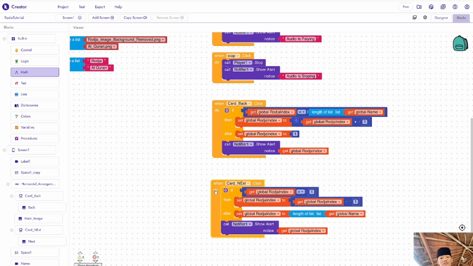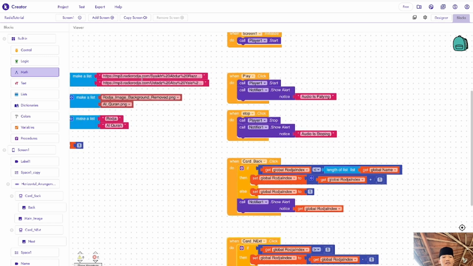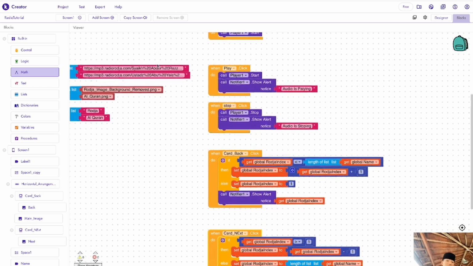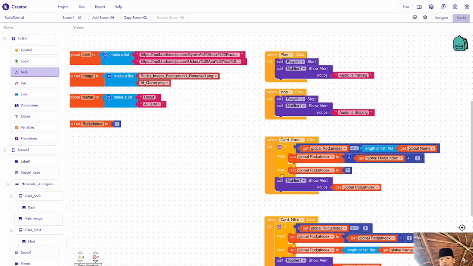So here is the moment. I will explain to you. So what is card back here? When card back is clicked, it will do some checks here. So if get global roja index is smaller than the length of the index, as you know, we're going to set global roja index here to be 1, and the length of the list of global index name here is 2.